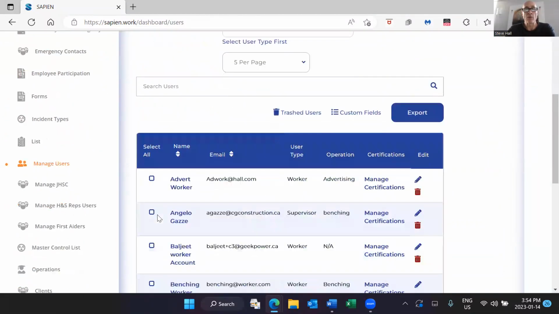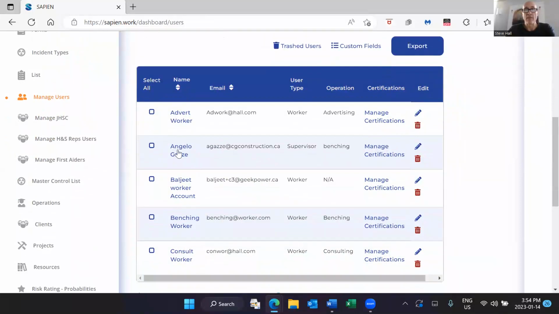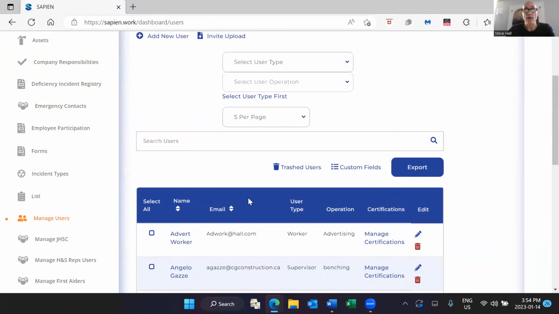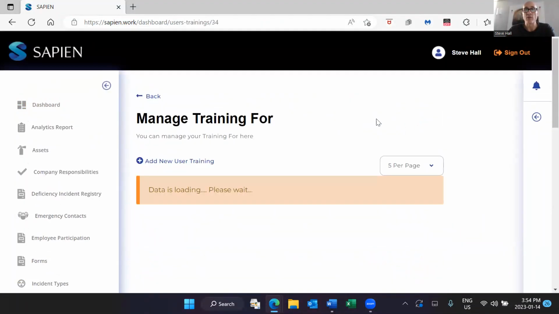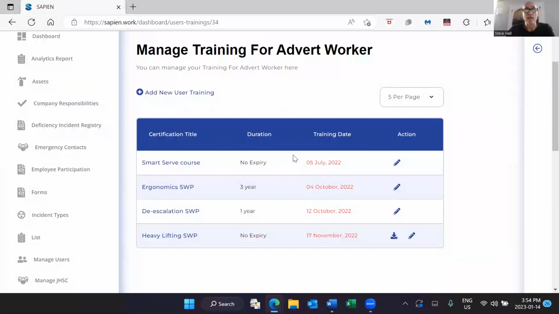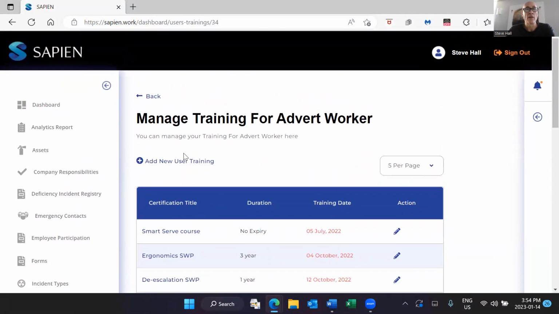So this is a repository of all of the users, list of everybody that's in, filter by operations and type of worker and all that kind of stuff. Manage all their certifications from here. In this case, you can see that this worker has 4 training certificates. If I go back,